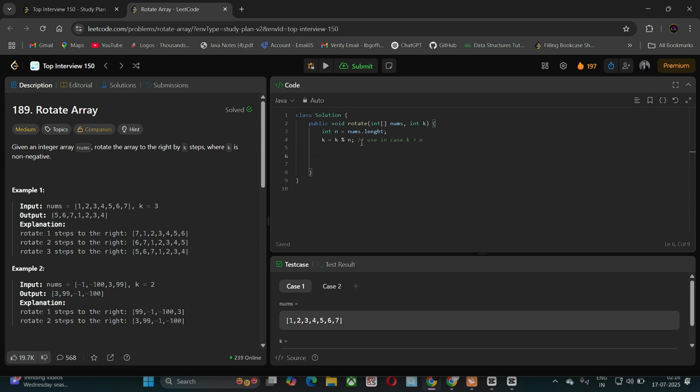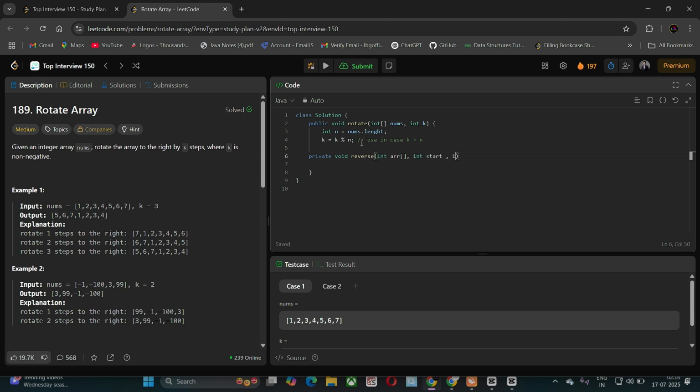Now this is our step 1, which we discussed on our board. Now reverse nums, 0, n minus 1. Sorry, here you can see first of all n minus 1.